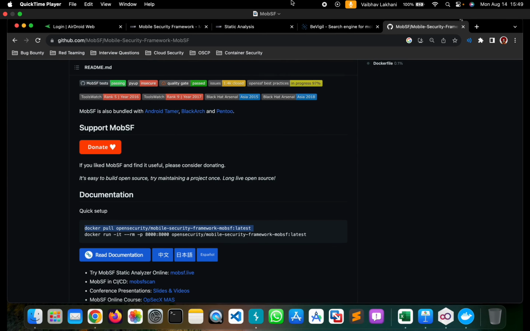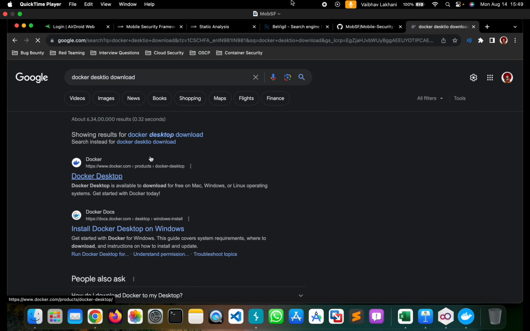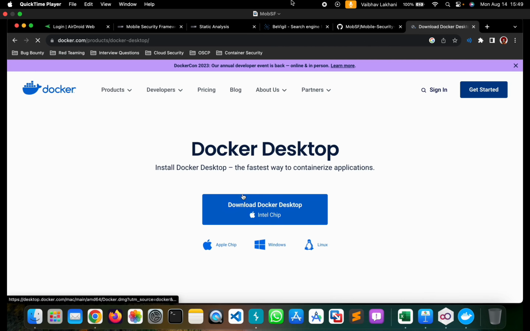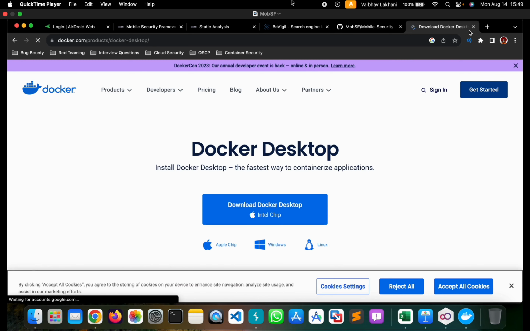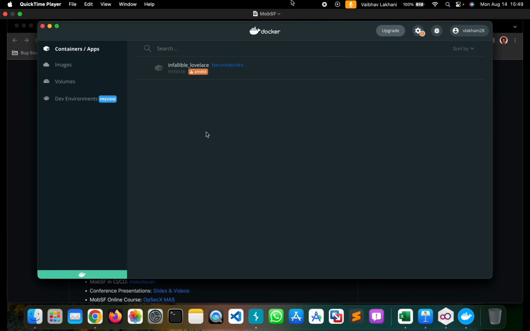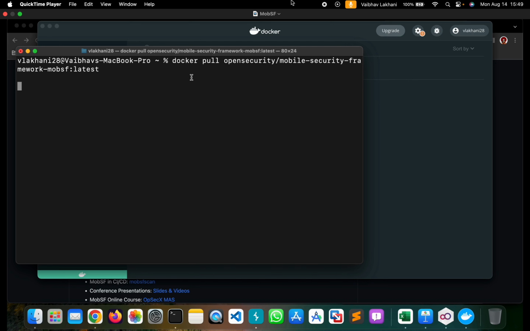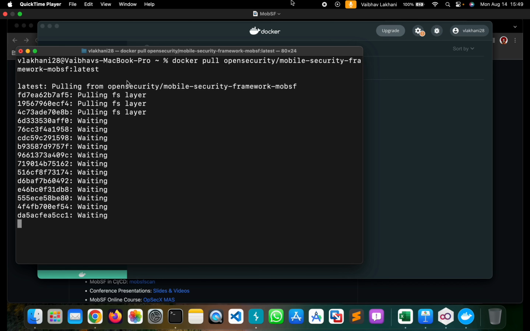So let me just open Docker Desktop. You can install Docker Desktop by simply going onto its website. From here you can download Docker Desktop for Apple, Windows as well as Linux, and then simply go to your command prompt and paste the command docker pull, and this is going to pull it for you. Now this is going to take some time for it to get pulled. Once pulled, you can run docker and you can run MobSF and visit its associated port number